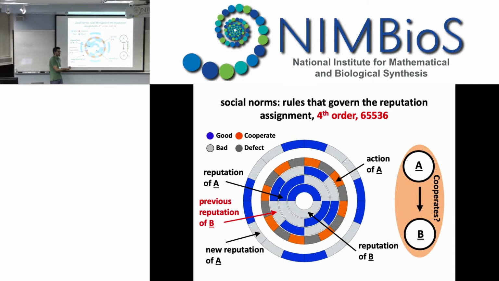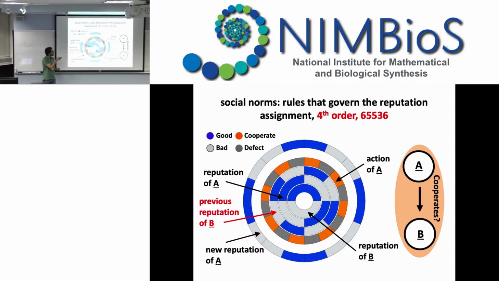We can say now that an individual will have a certain reputation when they cooperate with someone that is both good now and was good in the past, and so on. And notice that despite the fact that we are considering binary reputations, the information that we have associated with an individual is not binary anymore, because now we can distinguish between those that are both good now and were good in the past from those that are good now, but in the past had a different reputation.